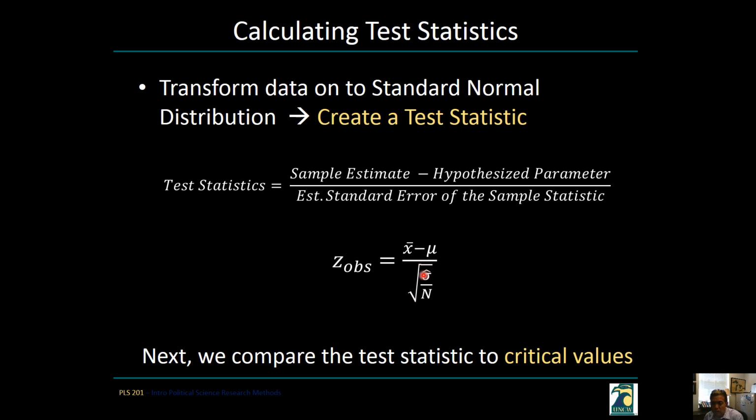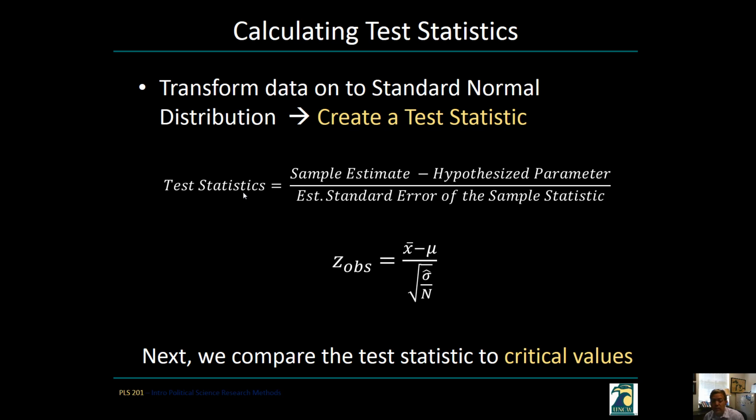This lowercase sigma has the hat, so that comes from our sample, the standard deviation of our sample, and then n is the number of people in your sample, and that creates a test statistic. Sometimes we refer to it as a z observed, what we're observing from our sample. This is when we talk about standardizing, we talked about z-scores before. And then what we do is we calculate this test statistic based off your sample,